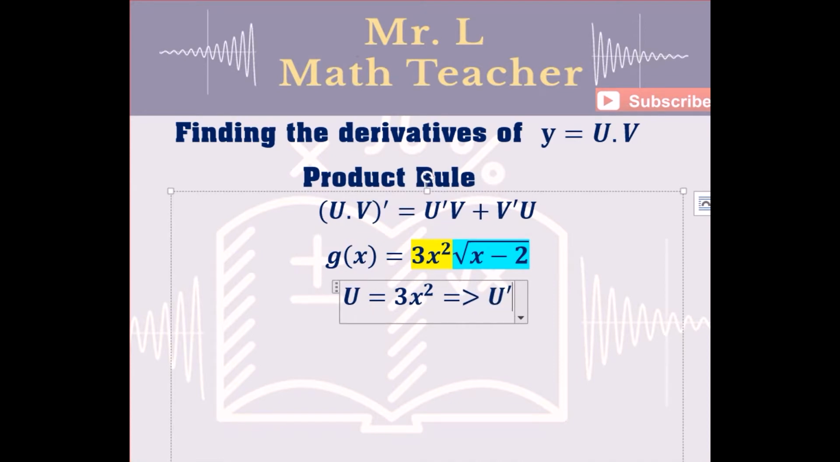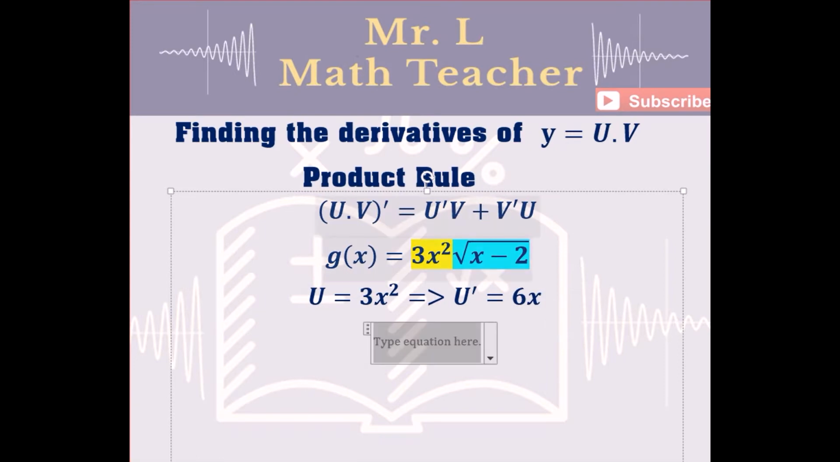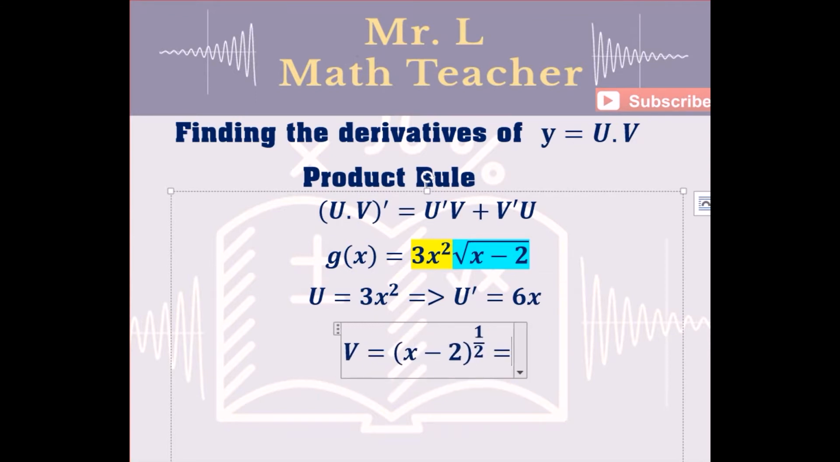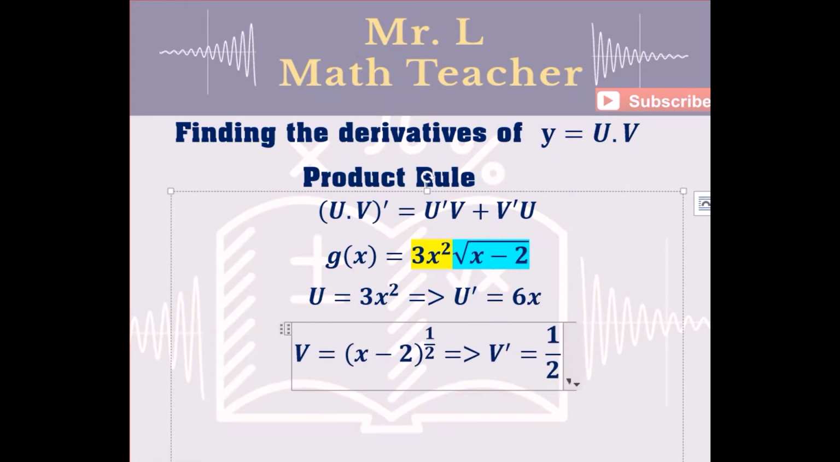to 6x, and v is equal to radical x minus 2, or I can write it as x minus 2 power half, so I can apply the chain rule. So by chain rule I can say that v prime is equal to half times the derivative of the inside function, which is x minus 2, multiplied by 1,